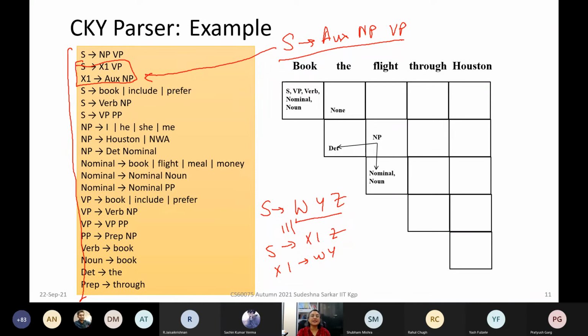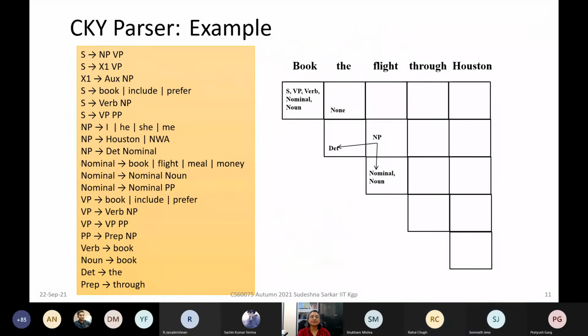Okay, so is this clear that if you have any arbitrary production, you can rewrite it to a set of productions having no more than two symbols on the right hand side? Have you understood this? Yes, ma'am. So we can proceed. Now,